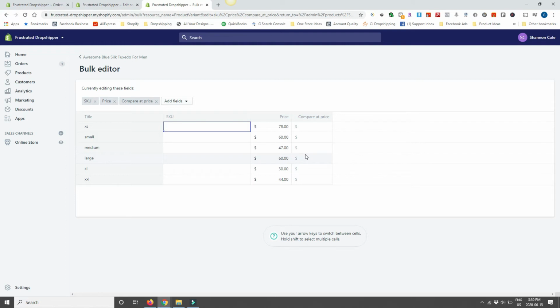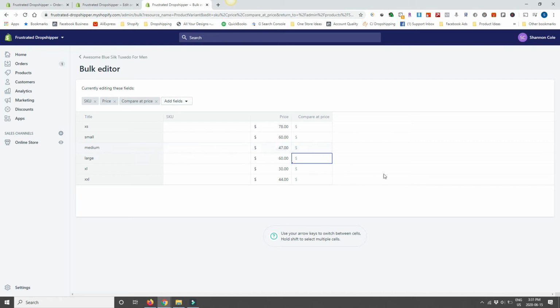Now, just because I have a bad memory and I don't want to screw things up, I'm going to go ahead and put the original price here in the compare at price, because if you have original price $60 and compare it to $60, it doesn't show on sale on the website. It doesn't do anything. So I'm going to be changing this large shirt to $47 to match the medium, because I'm going to give the customer the new product at the same price as the old one,